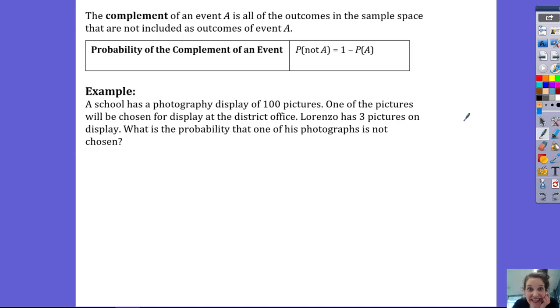The complement of an event is all the outcomes in the sample space that are not included as outcomes of event A. And the way that you would find the probability of the complement of an event is you would subtract the probability that something happens from 1. So, all that to say, let's say I'm asking, what's the probability that you don't roll a multiple of 3